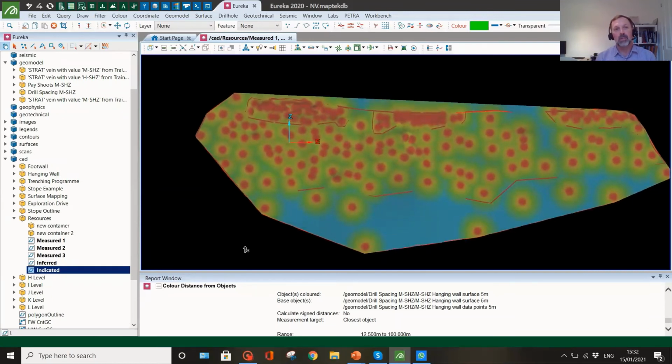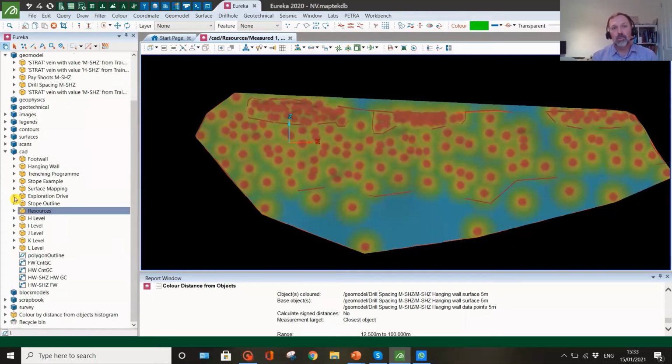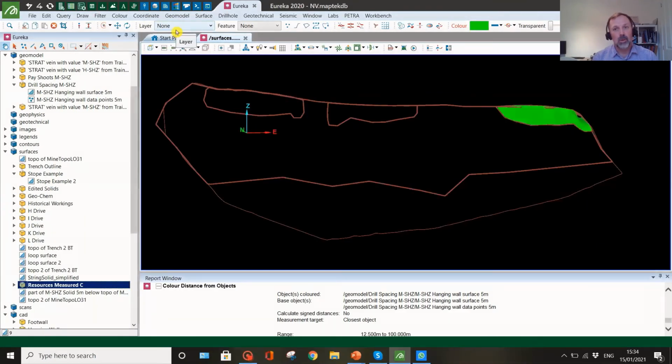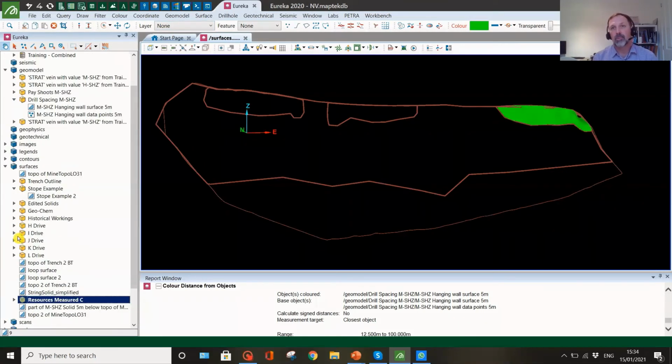Obviously, this has been done very quickly, rough and ready, and it depends on each separate ore body as to how you go about doing this, but it just helps this process along. So you can look at sample spacing, and that will show you where you've got large sample spaces. Those can then be cropped out using those polygons, and you can then use those volumes